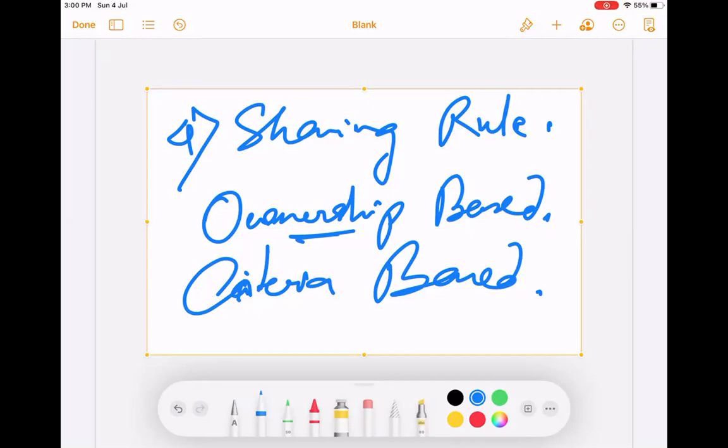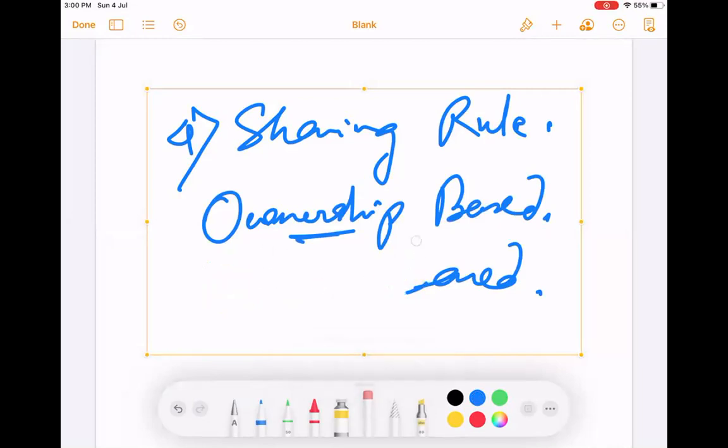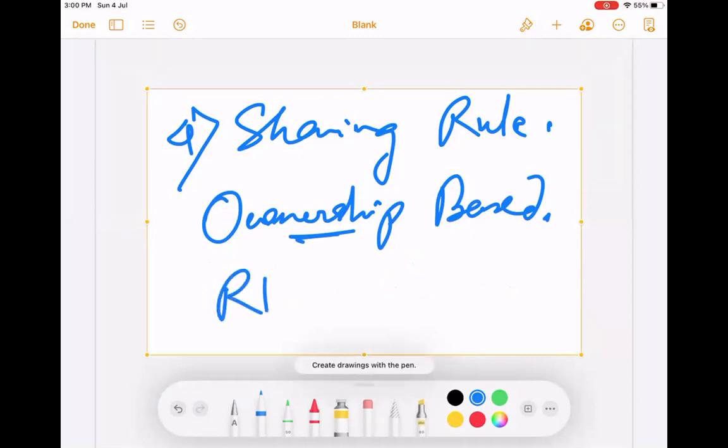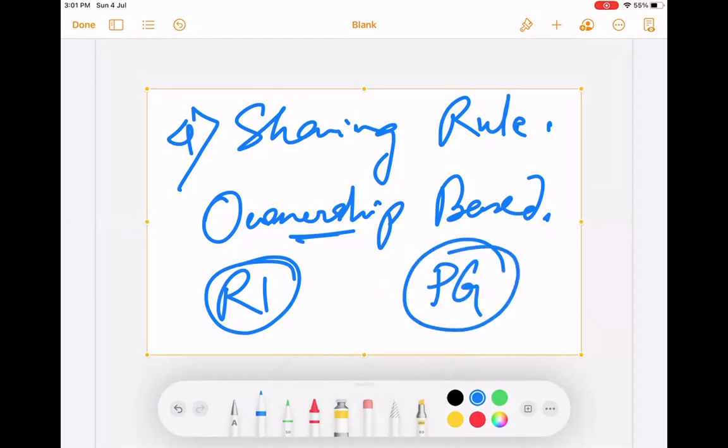That means the records you are choosing have role 1 as the owner, or a public group, which means you choose the records of all the people under that public group. I will show that. When I show that, it will be very easy to understand.